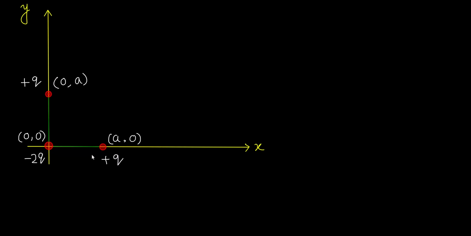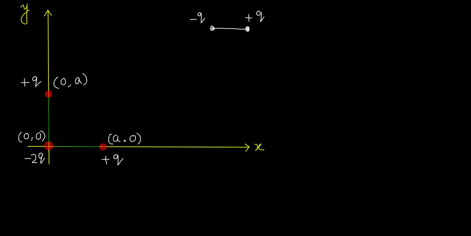So first of all, you should identify where the dipole is here, because you know a dipole is formed by two equal and opposite charges kept at a small distance. So suppose you have a charge minus q and another charge plus q. You know this is a dipole, right? So let's identify where the dipole is.